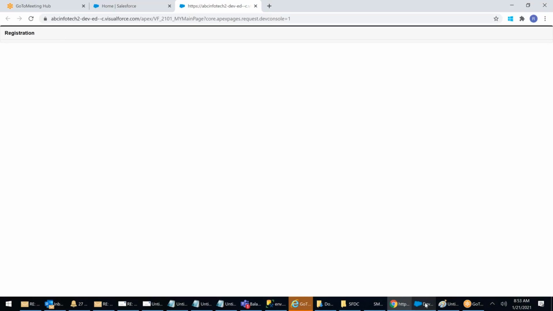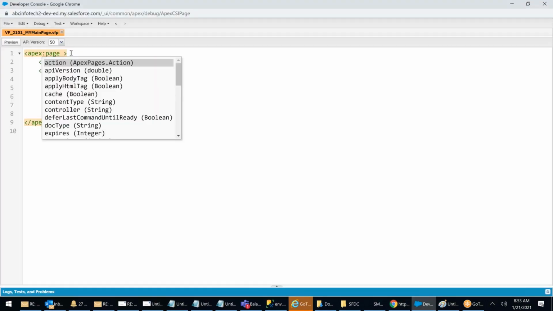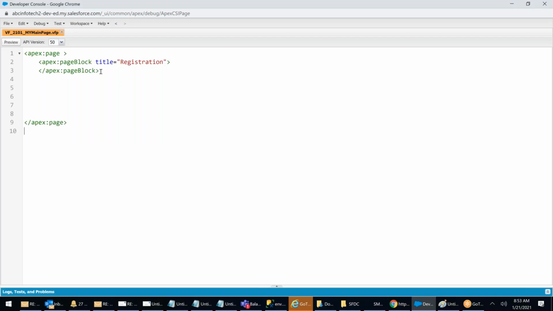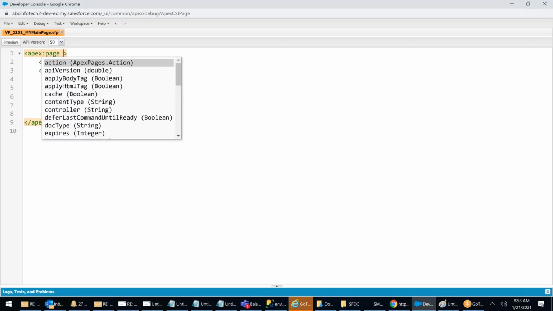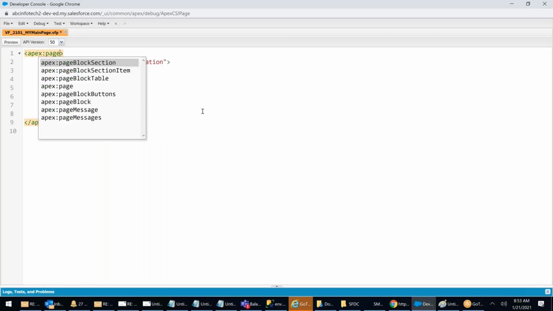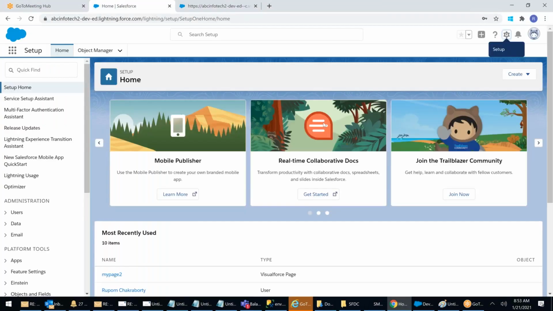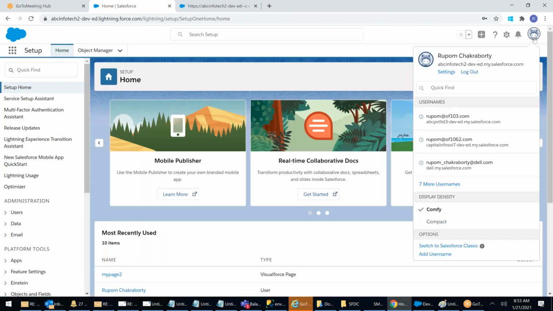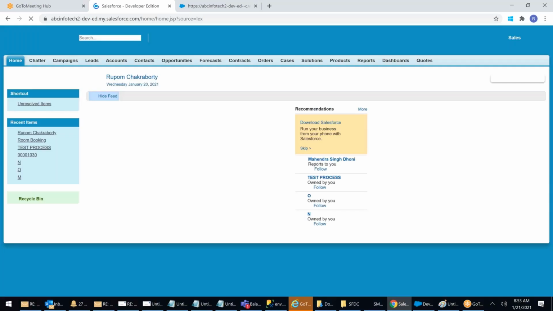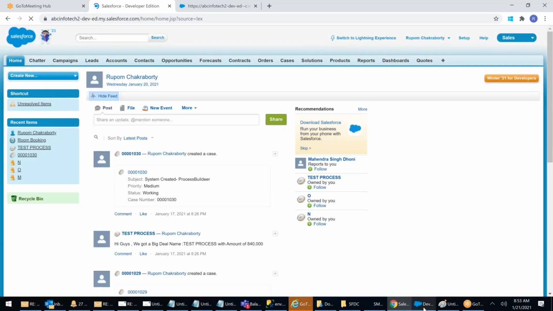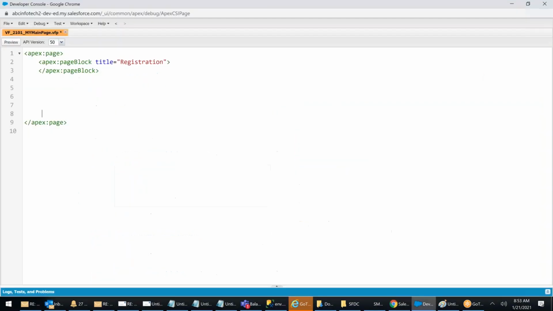Rupam, we didn't use sidebar false, show header false because you're in Lightning. If you have executed the same page, from where did I execute it? I executed this page from the Lightning environment. Now I click on my picture and click on switch to classic. I'm switching to the classic environment, right? And then I close the preview that came and click on preview,